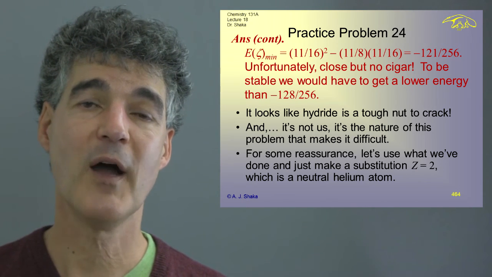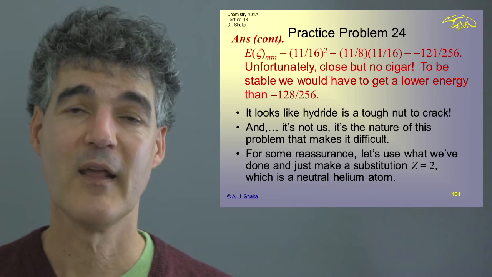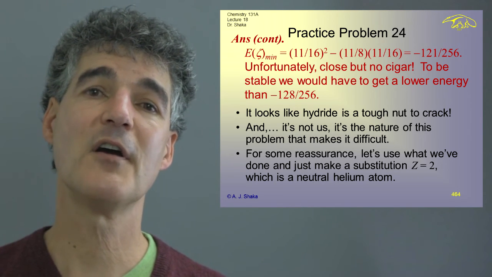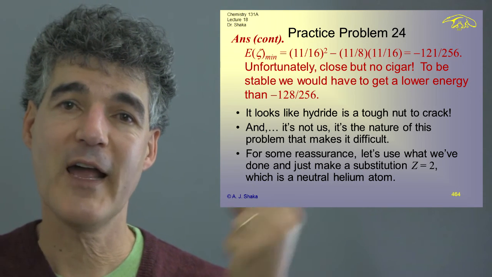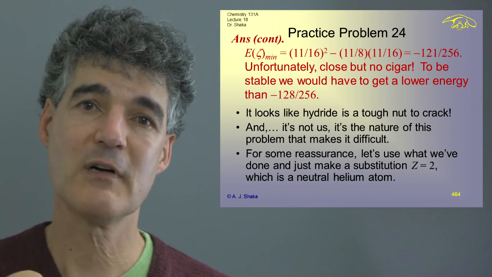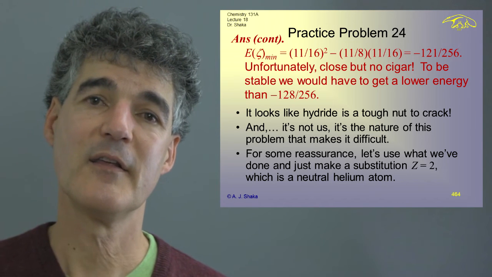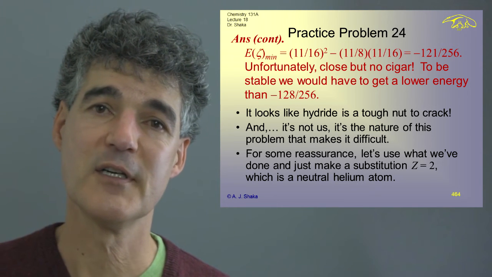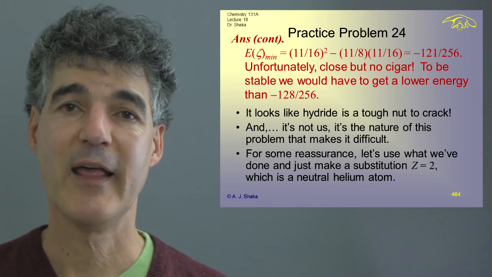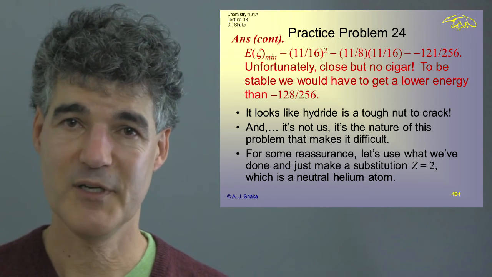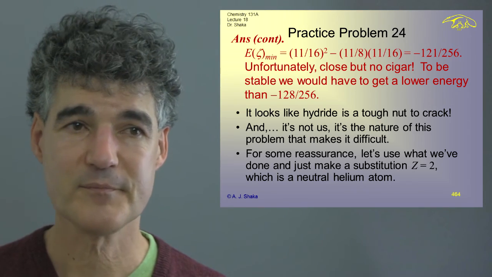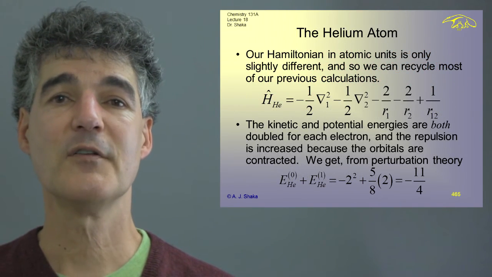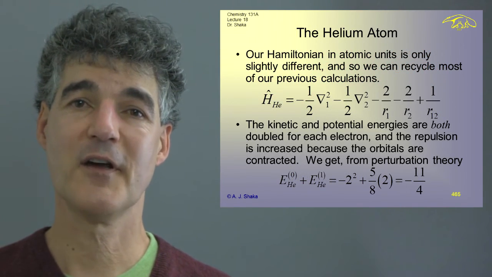But for some reassurance that it's not the quantum mechanics, that it's not completely wrong or something crazy, let's try helium. Why would helium be better? Well, helium has a +2 charge for the nucleus. So that's going to attract the electrons much more strongly than the wimpy single charge of the proton. And that might mean that it's much easier to get it to be stable and actually get a reasonable answer. And it also teaches you why you love atomic units.